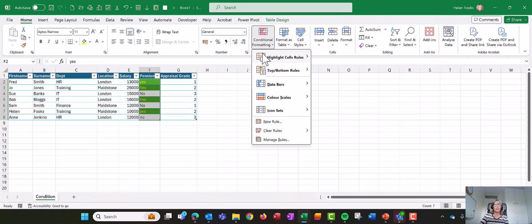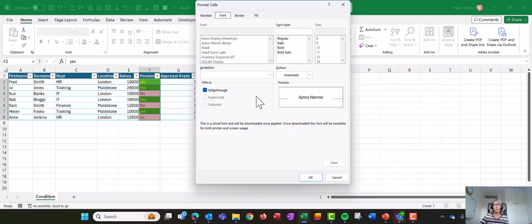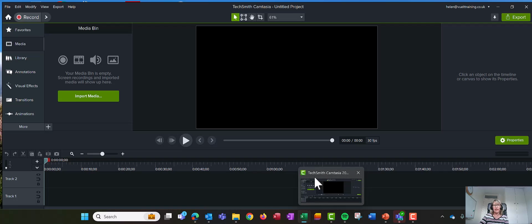So conditional formatting, highlight cell rules, equal to. We're going to make that no, we're going to come across and we're going to change it. We're going to go for customize format, and again we'll go to fill. Try not to give your users a headache by choosing too obscure colours. Choose OK,